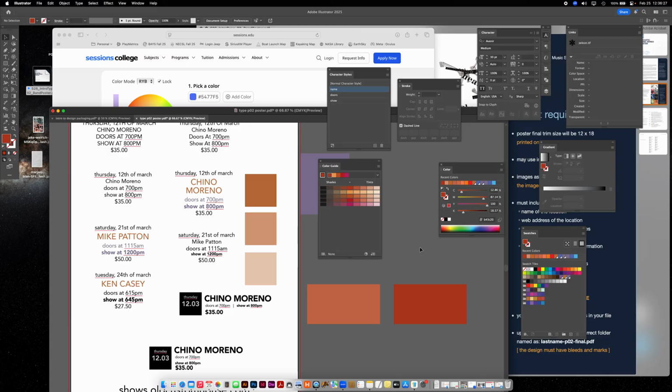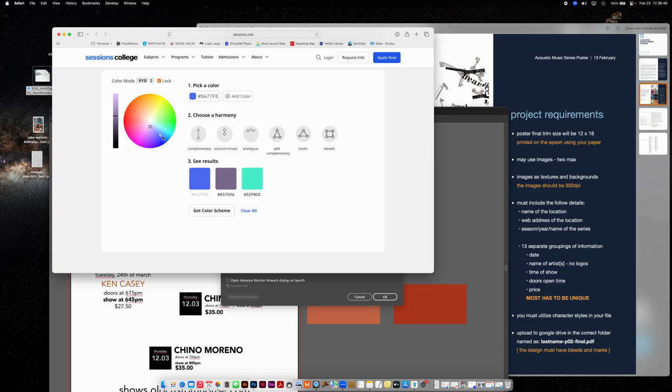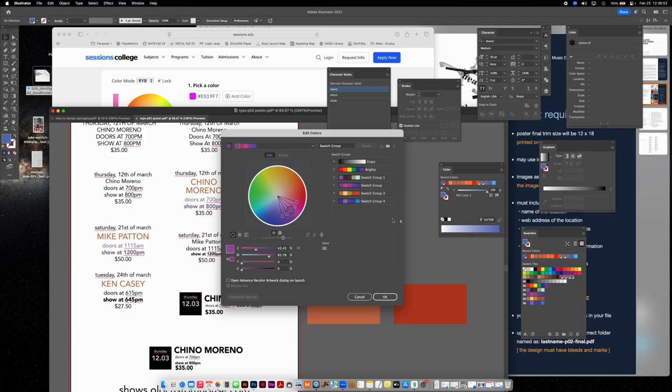So I want to go back to my original. I lost my original. Let's go with my blue right here. So this is going to be the color that I'm going with. I'm going to click here. I want to create the analogous. And here are my handles. It gives me 5 colors. But essentially, it's very similar to what's happening here as you turn. Okay? Now, when you are changing this to the different colors,